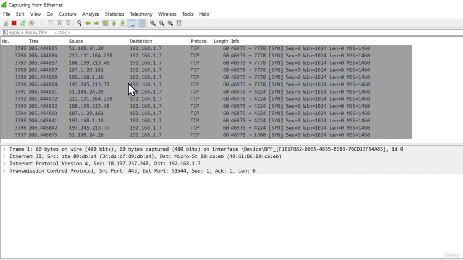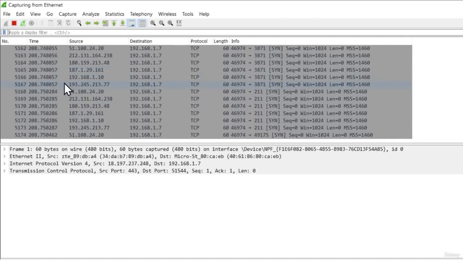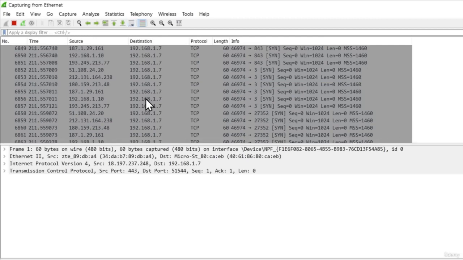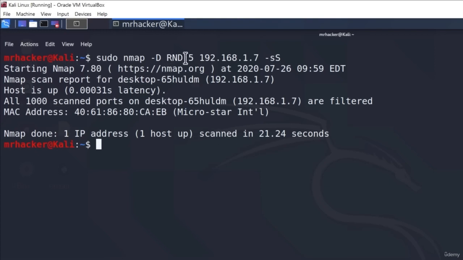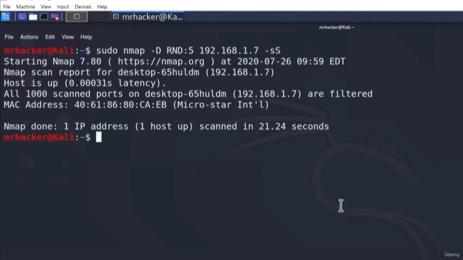We can see that our Windows 10 machine is getting flooded with random IP addresses. If I stop it, I can see different IP addresses right here. So we got 193.245.213.77. We also got the other IP addresses, but I will also see my laptop's IP address, and it kind of sticks out. Since this RND option that we used creates random IP addresses, all of those random IP addresses will be truly random, while the only IP address that will stick out will be this